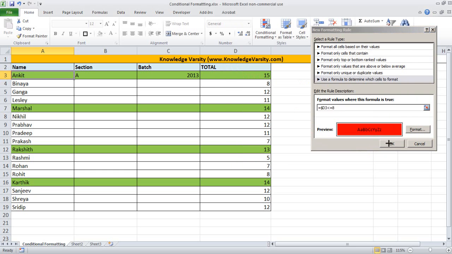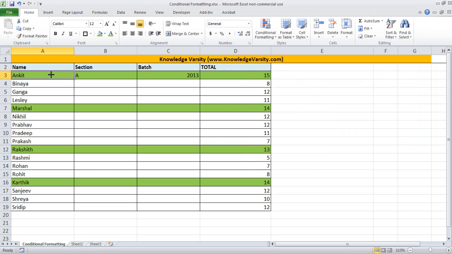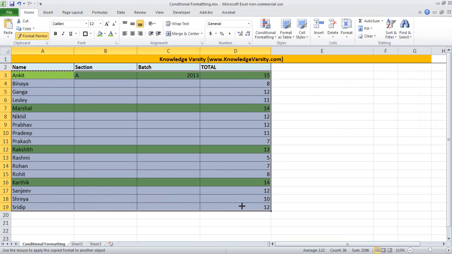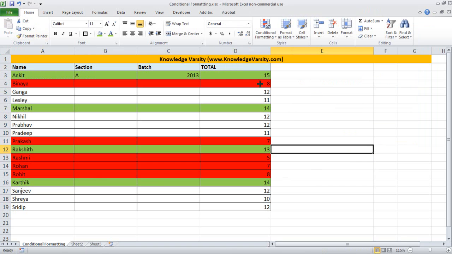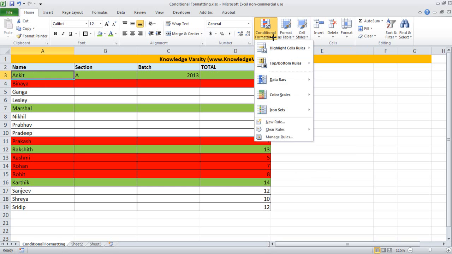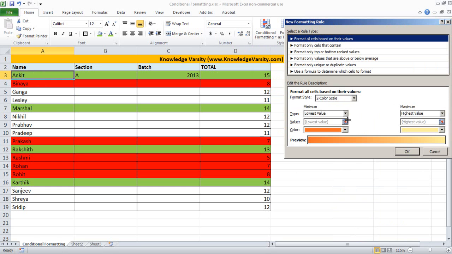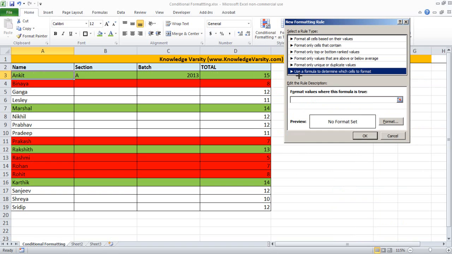Nothing will happen here because this is greater than 15, but use the format painter and you see these all have scored less than or equal to 8, so they are done. Next, I want to update those who have scored between 8 and 13. I want to make them yellow or orange. So what we can do is use the formula.